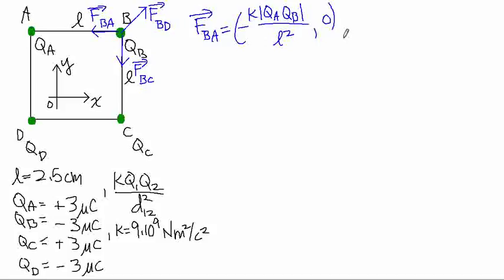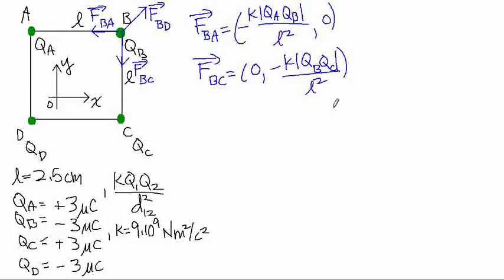So I used Coulomb's law to find the magnitude, and then I put a negative in front because I had a negative x component. Now, F sub BC, that one is going to be a vector with no x component and a negative y component. Minus K times the absolute value of QB times QC all over L squared, 0 comma that. And F sub BD,